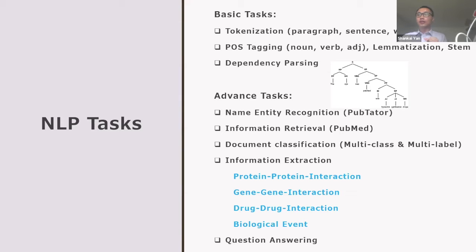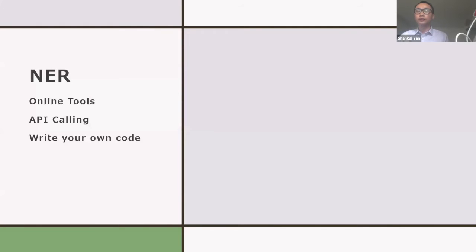And the last one is question answering, where the task gives pairs of questions and answers. So you may train your model to learn the answering pattern, and then given new questions, your model is going to predict the answer from the materials given. So that's all the tasks in BioNLP, but I haven't included all of them. I think I mentioned the most popular ones, and so I think you have an overview of what BioNLP is, and now I'm going to